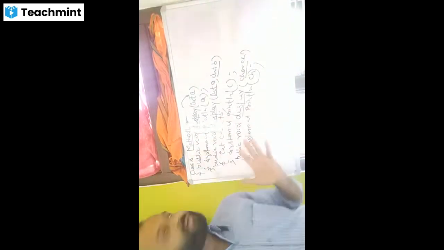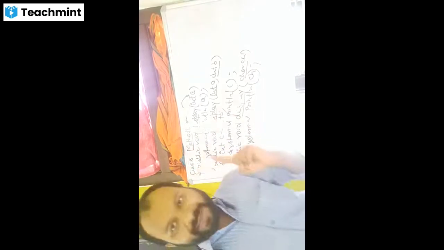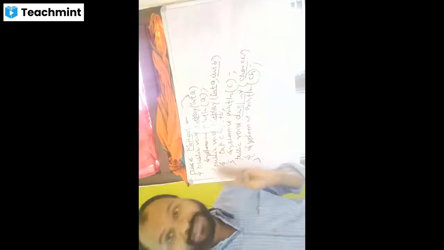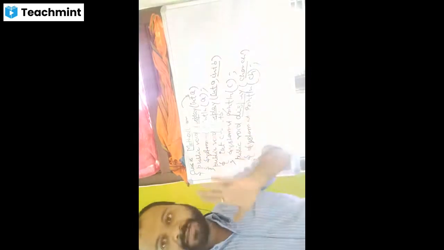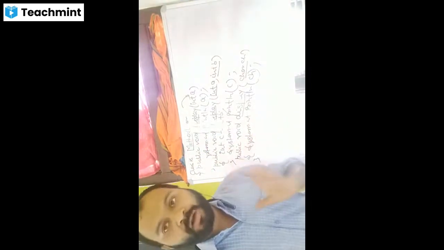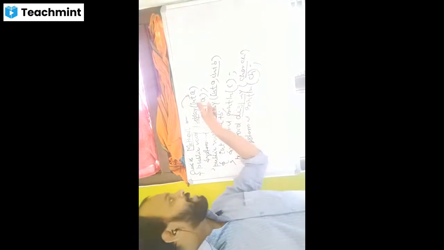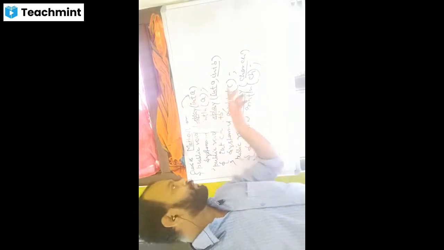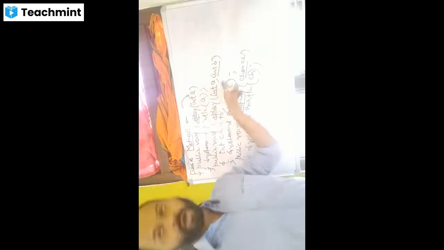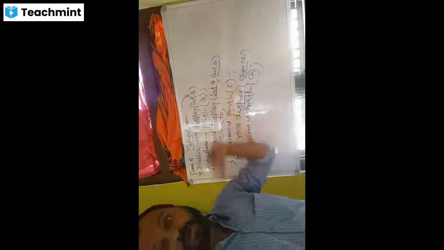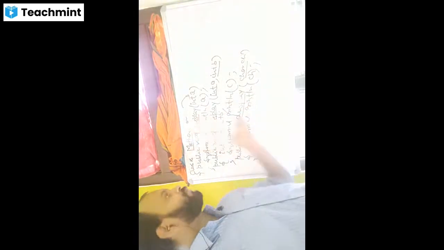See, you have to keep in mind how to differentiate method overloading. The type of parameters and the number of parameters should be different. If your number of parameters and type of parameters are the same, then it is not an example of method overloading. Because if I have int a, int b here, and here also int a, int b, there would be a problem. There would be an ambiguity or confusion problem for the compiler, because while giving the values, the compiler will not understand which method we are calling.